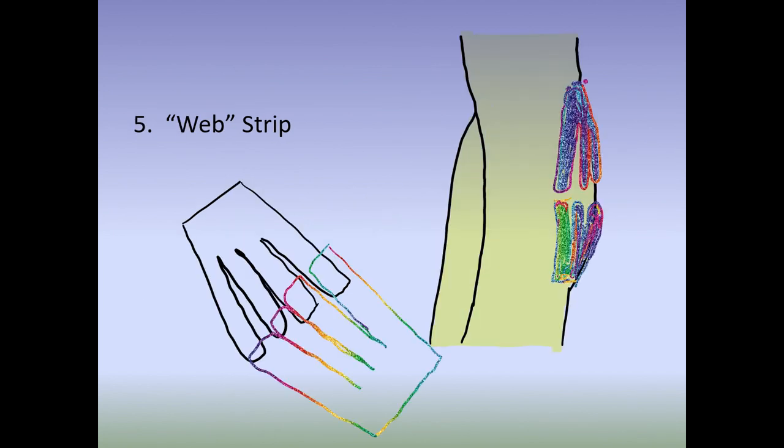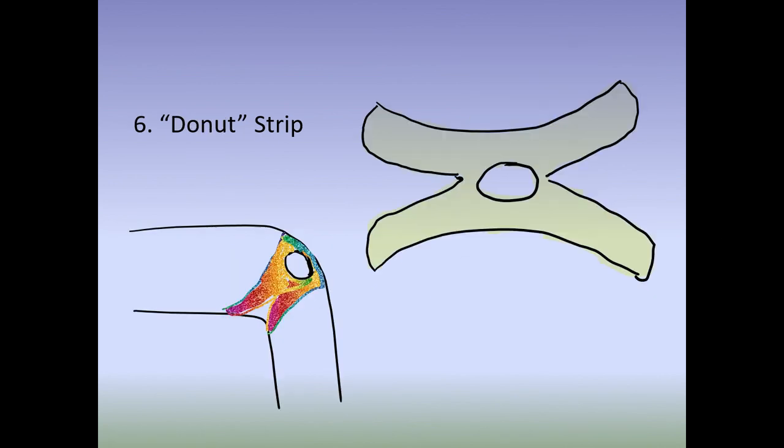The last one, web strip. Web strip is nothing but two fan shaped strips either crisscrossing each other as shown in the diagram, or the central part is left open and the two shapes are facing each other. The two strips are facing each other so that the edema is drained away from the central part towards the base, thus leading to a reduction of the edema of the joint line.